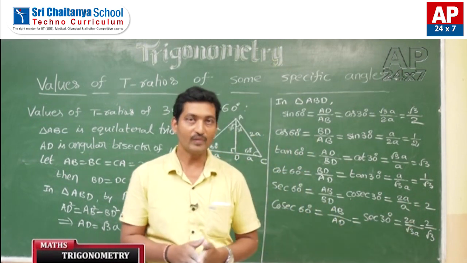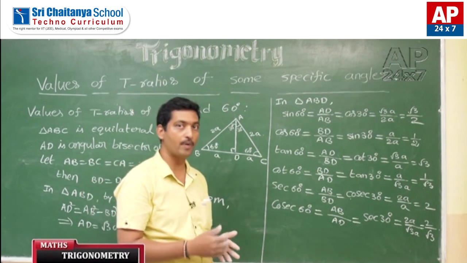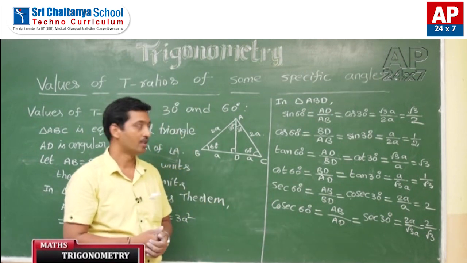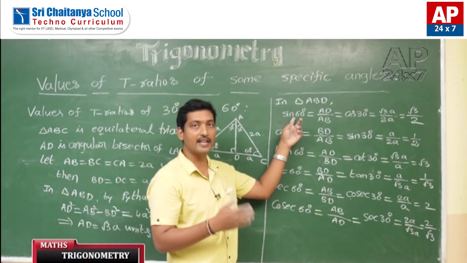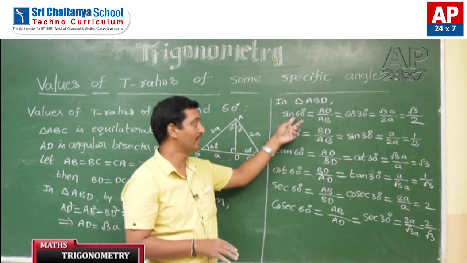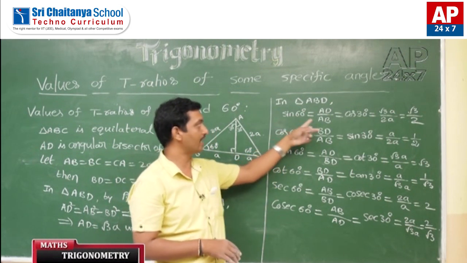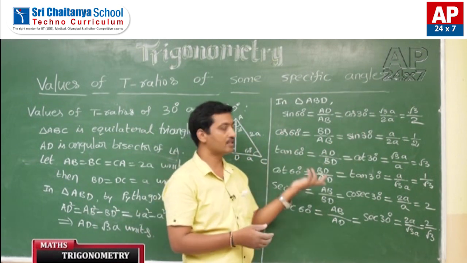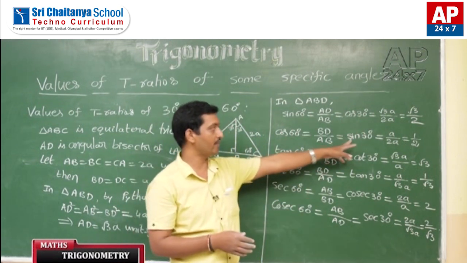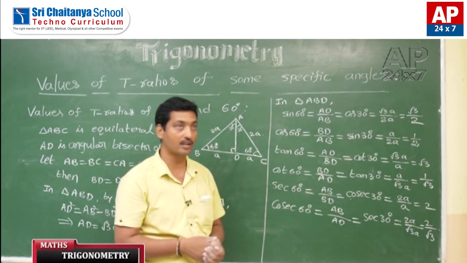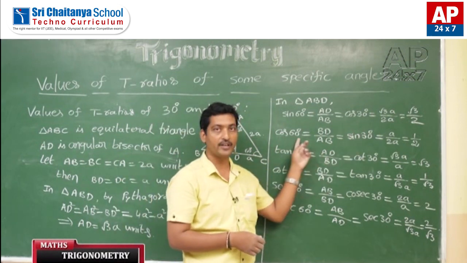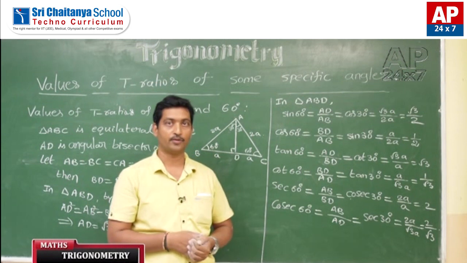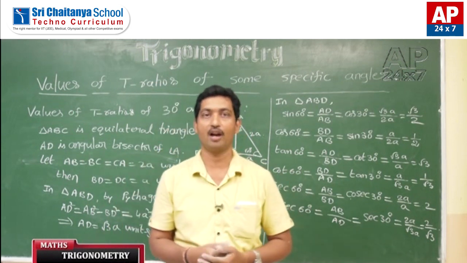Children, it is very easy to remember all these values, because if you remember the sin 60 degrees value, automatically, as it's a complementary angle with cosine, that is cos 30 degrees is known. If you know cos 60, automatically we have the value of the sin 30 degrees, because we are using the complementary angles concept. Okay children, we can apply it for the remaining also.